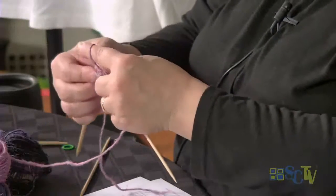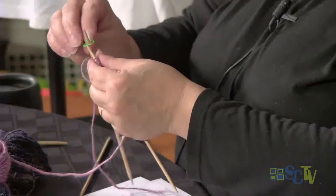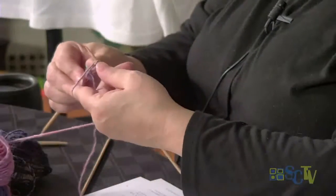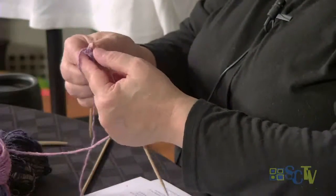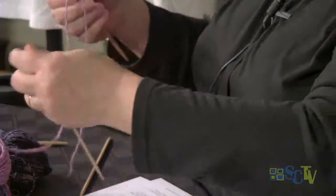There we go. And then I'm going to place a marker because we have to keep track of that center. I'm going to purl 1, and then I'm going to end with knit 2. There we go. So that was the tough part. So now what I'm going to do is